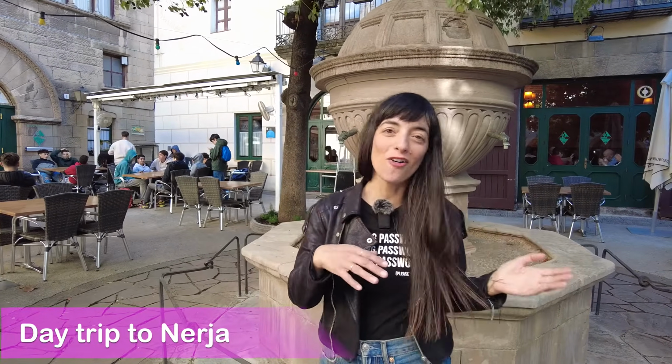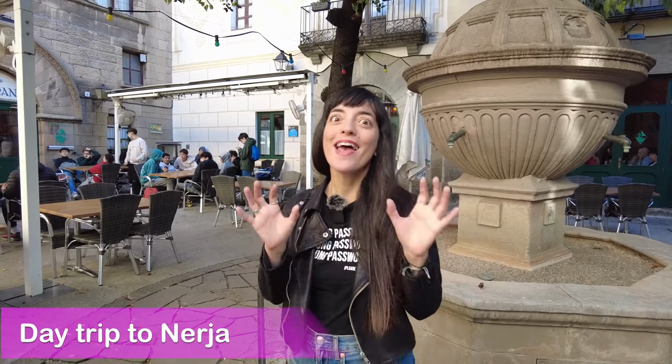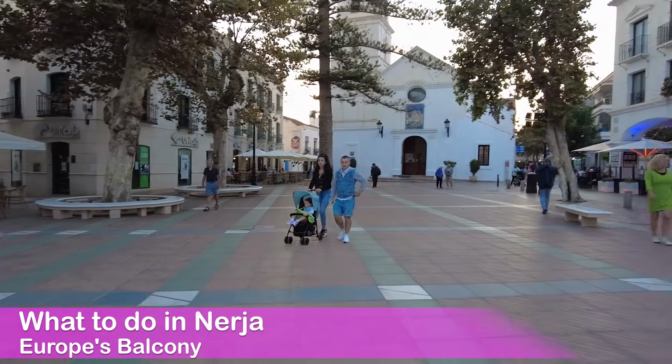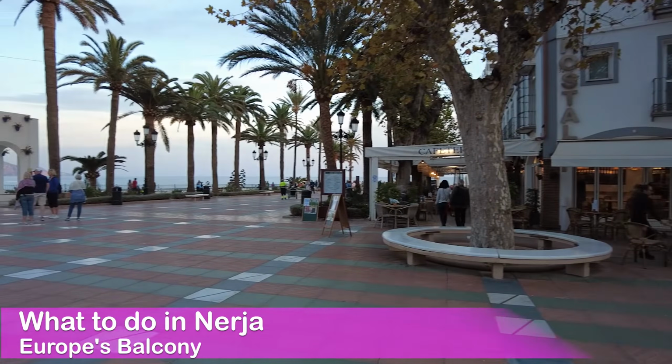Nerja is one of the most popular towns in Malaga. Actually, it belongs to Costa del Sol, like I already said, the sunny coast. It has a very well-kept center and amazing views of the Mediterranean Sea, where in El Balcón de Europa, Europe's balcony, let's go there. El Balcón de Europa is a large square with views of the sea, the cliffs and